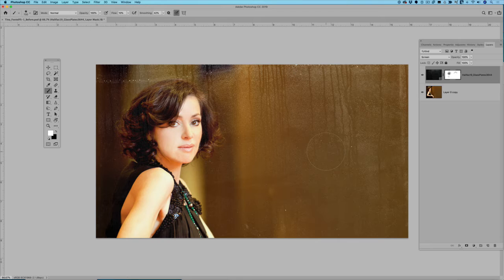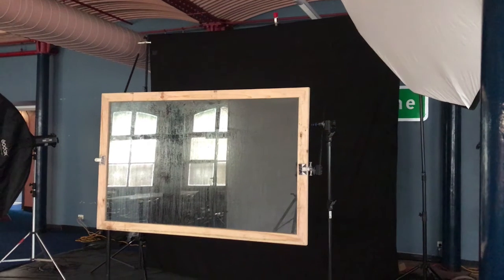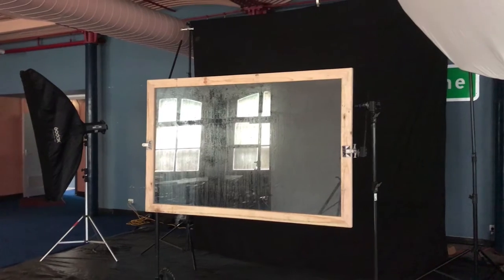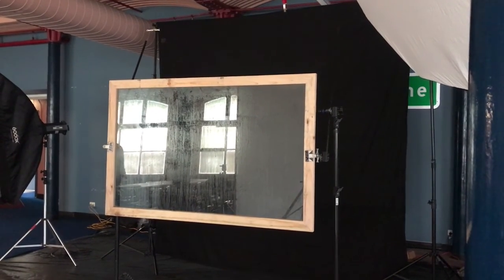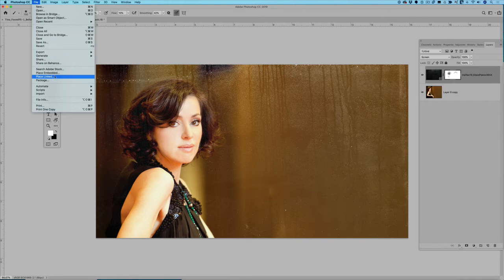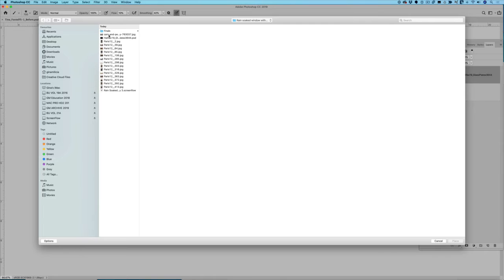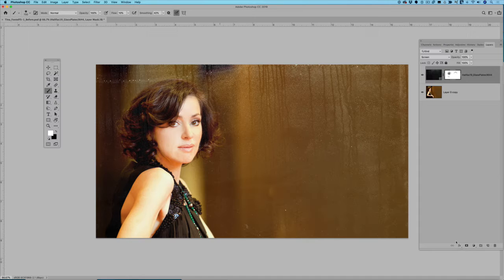So the next thing I want to do to make this image look a bit more realistic is place a reflection, because you'll notice even when I was filming the creation of this overlay that you can see the entire room is reflected on the glass, and so you need to have something reflecting on the glass to make it look realistic. So I'm going to put something on there now. So again, File, Place Embedded, and I've got my image selected here, and I'm going to place it on top